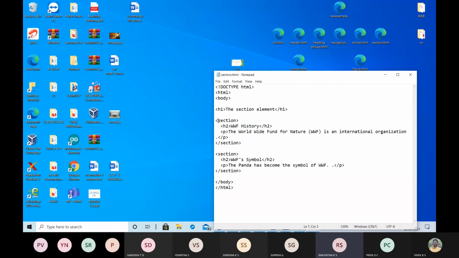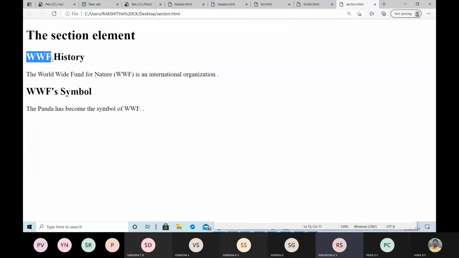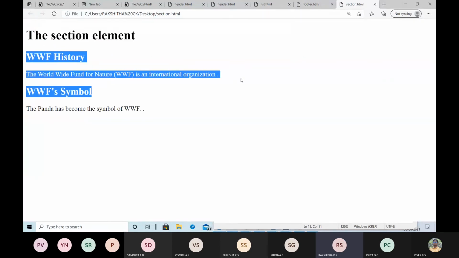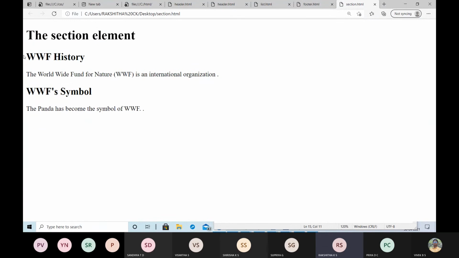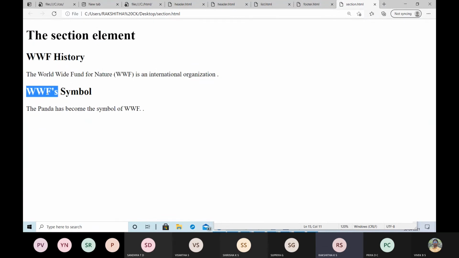This is one section, and followed by this is one more section. This is how the program will run. Just click on that section.html. Yes, look here. This complete part is one section, up to two lines. And again the second two lines are in one more section.